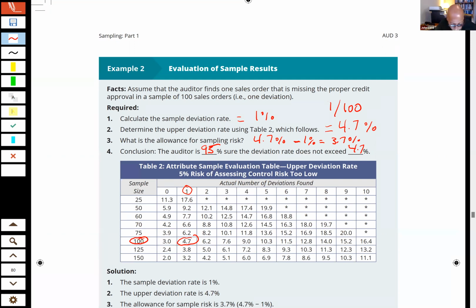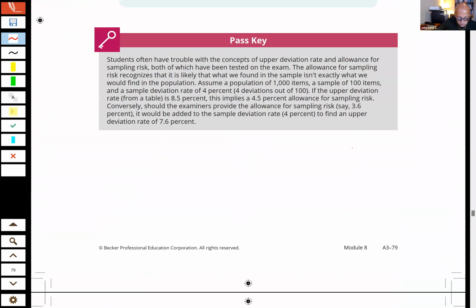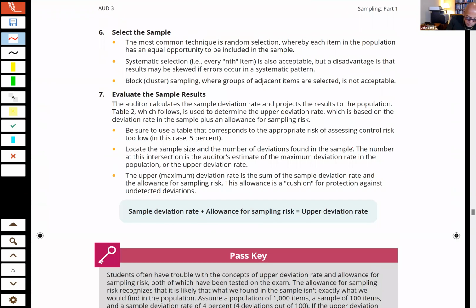Okay, good. Now, as I had said, I wanted you to flashcard, although we lost our indicator here, but that's okay. We'll just write it back in. I wanted you to flashcard this, and the sample deviation rate in our little example was what? 1%, plus the allowance for sampling risk was what? 3.7% equals the upper deviation rate of 4.7%. Right? Or another way to look at it, and you can put that on a flashcard as well,